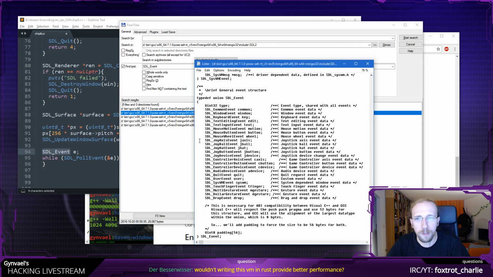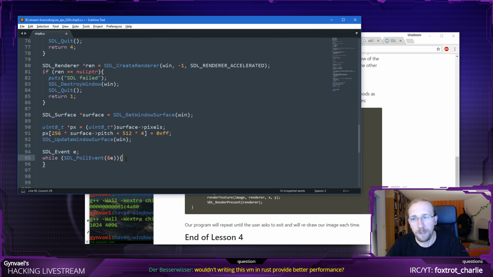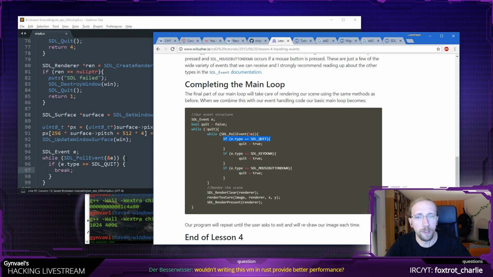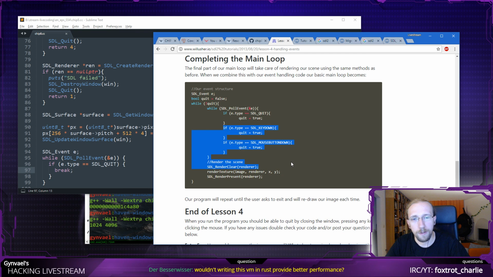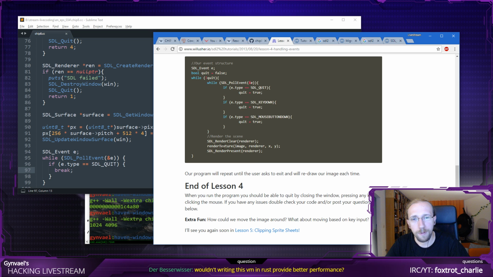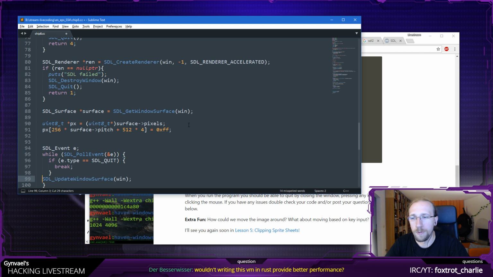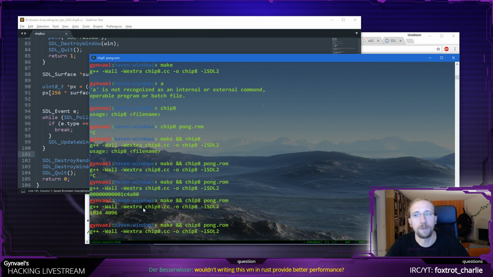Now, I don't care much for most of the events at this point. This is the only event I'm going to care about, which is quit. If it's quit, then I could do a switch here. I don't care too much about changing the tutorial, and I'm just going to do break, and then we go to cleanup. They also quit on some other stuff, and they do redrawing the scene. I'm not going to redraw the scene this way. I'm going to do this, which is, yeah, it should be a poor man's drawing actually. So let's see if it works.